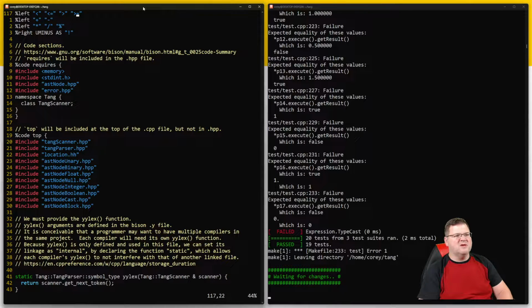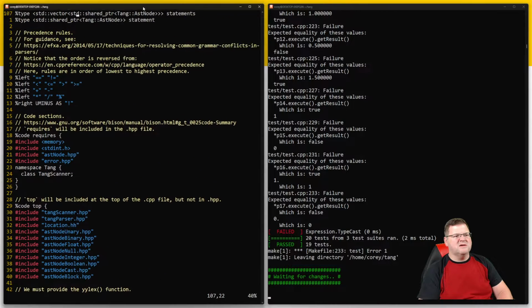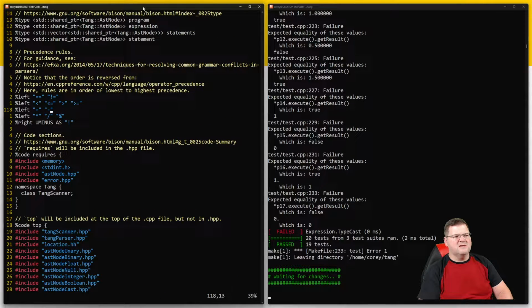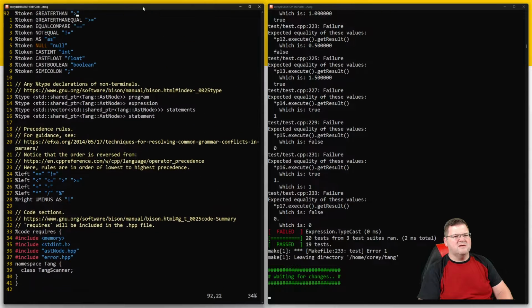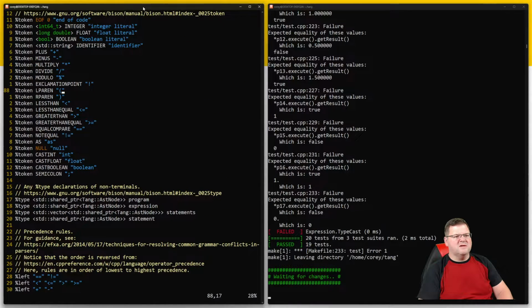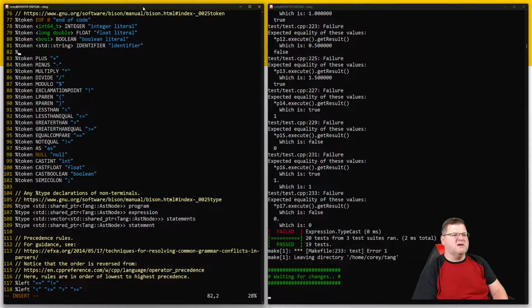That is not where I wanted to look. Yeah, we don't have it. Okay. Let's add it in. Where do I want to put it? Not equal. I put it above the plus, so let's go down below. So I'm going to put it here. Token, and we will say